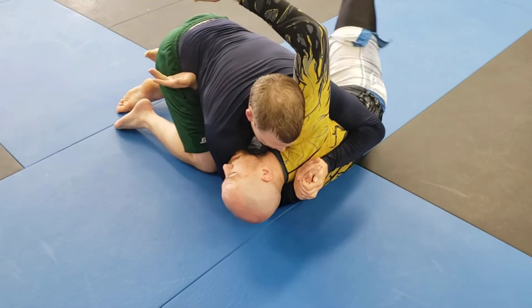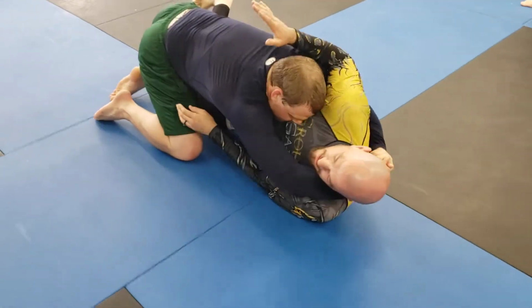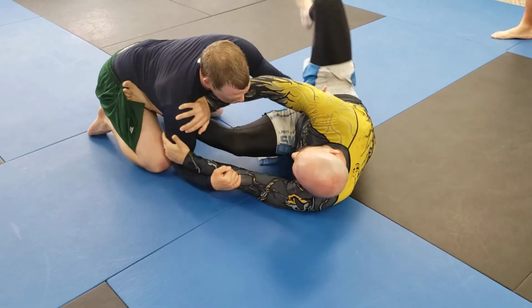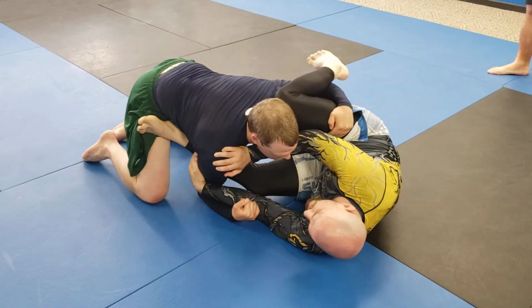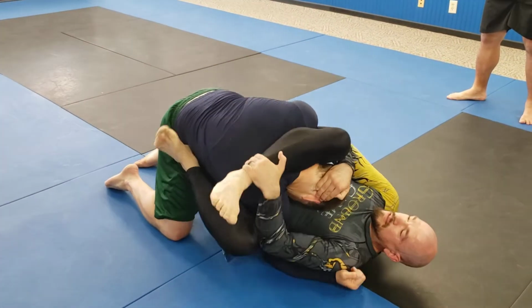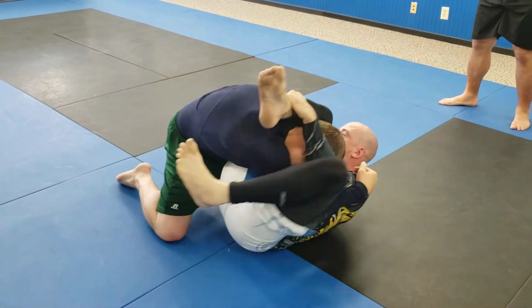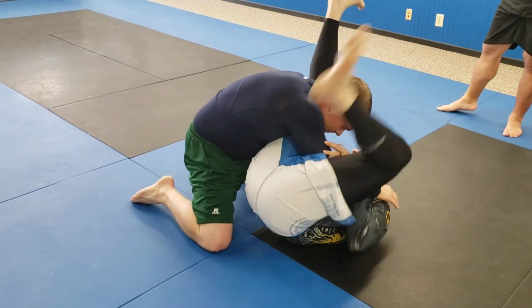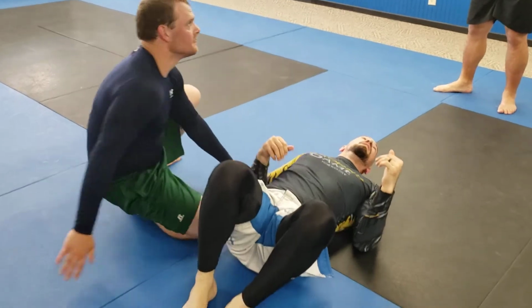Reach, shrimp, tuck, extend. Control my space, step through, control that elbow. He's driving in, I just let it go, boom. Control the head, control the shin, underhook the leg. That'll bring his arm with it. When my hip comes out, now lock. So you need his leg before you...